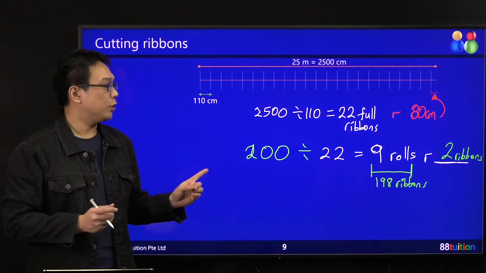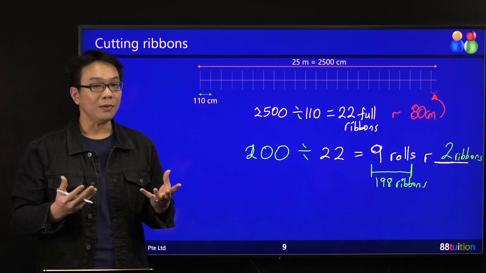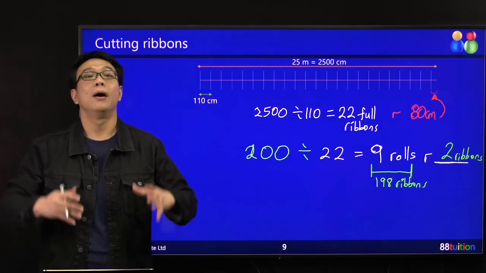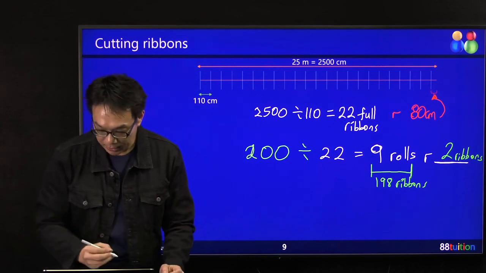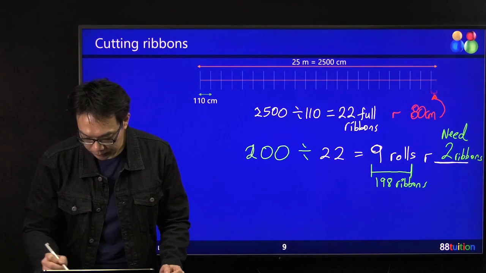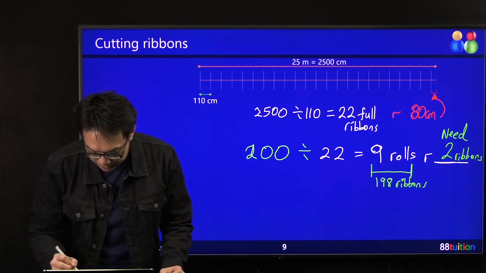What you're going to do is you need another what? You need another row in order to make it to 200 full ribbons. All right? So I need another. This one I need 2 more ribbons. Can you see? So down here what happens is